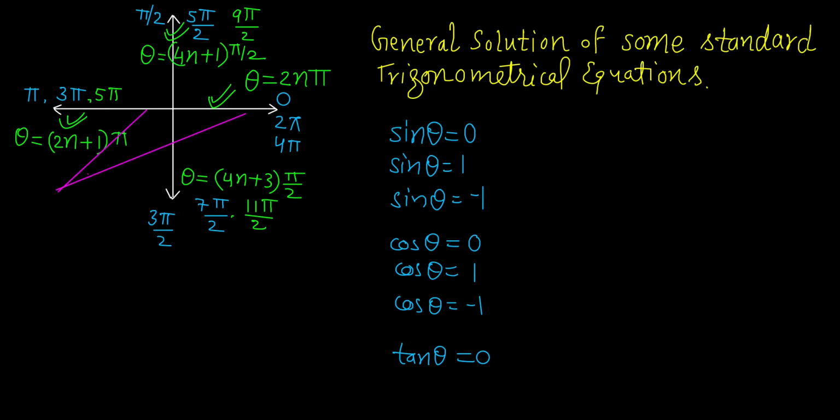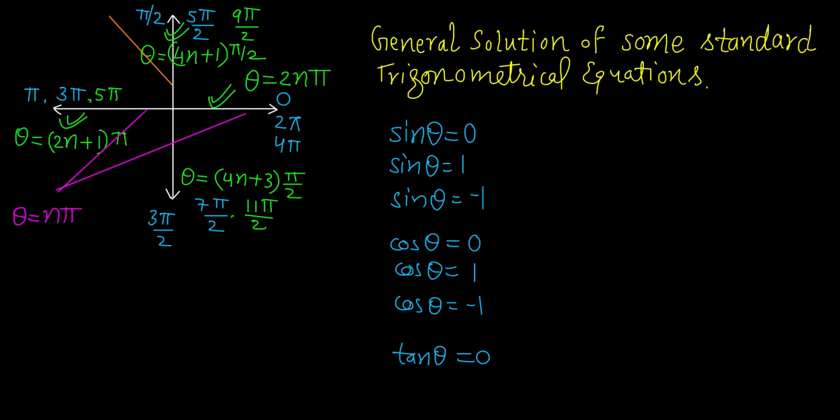So if you want to combine both, then in general combining these two you can write n pi. So here n will be an integer, so n can be even or odd both. So both lines will be combined in theta equal to n pi. And similarly we can write for these two lines, this line and this line.